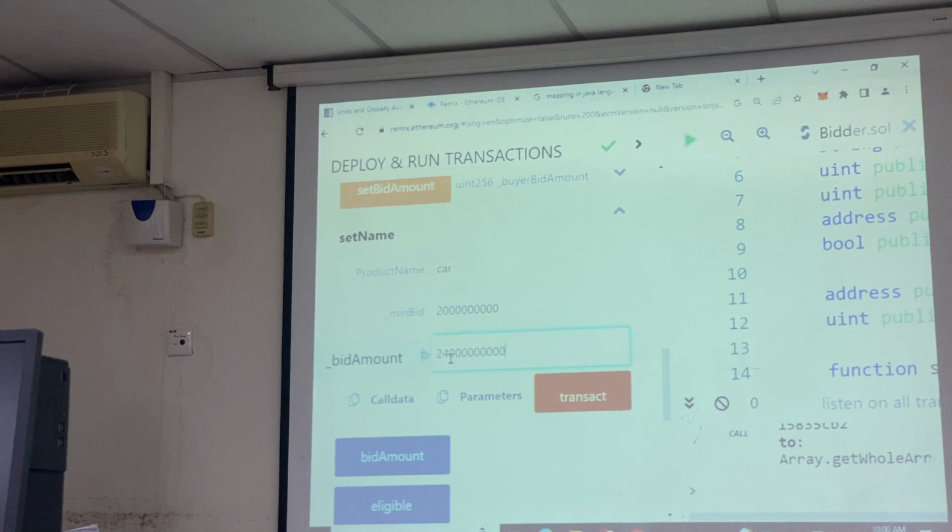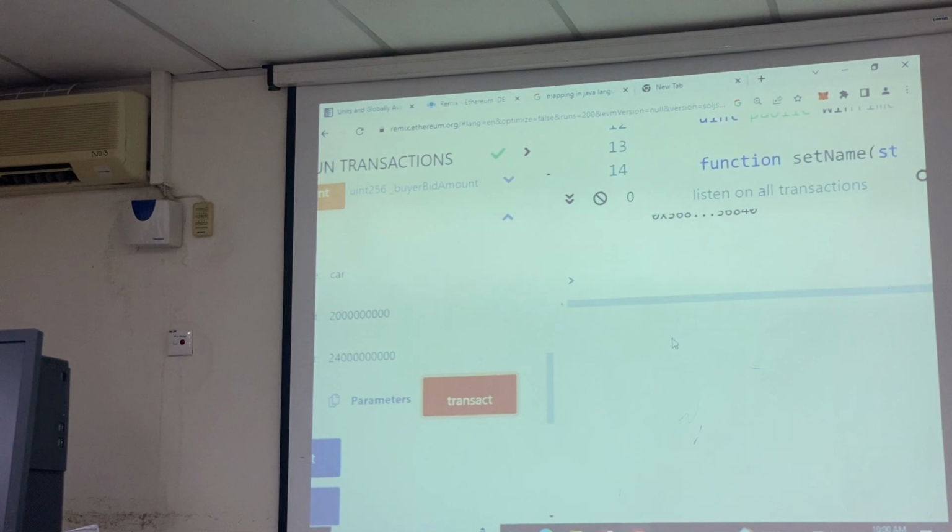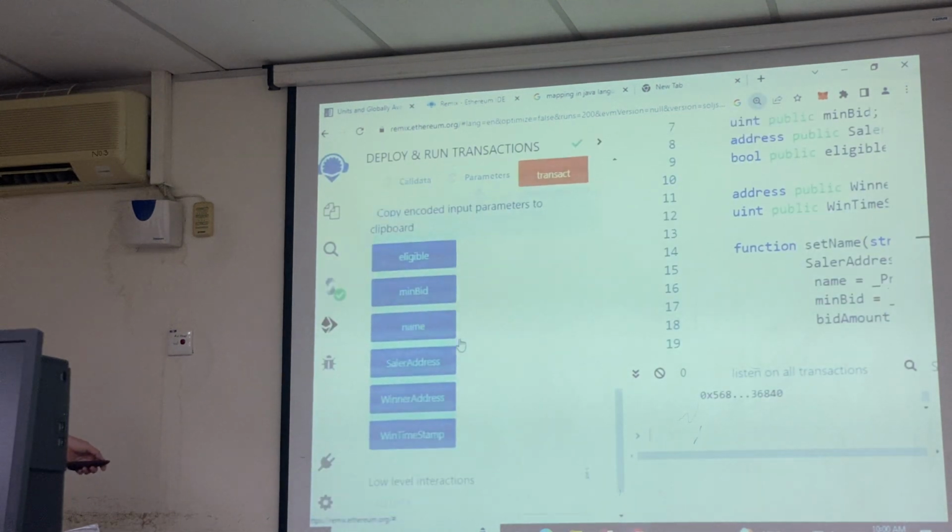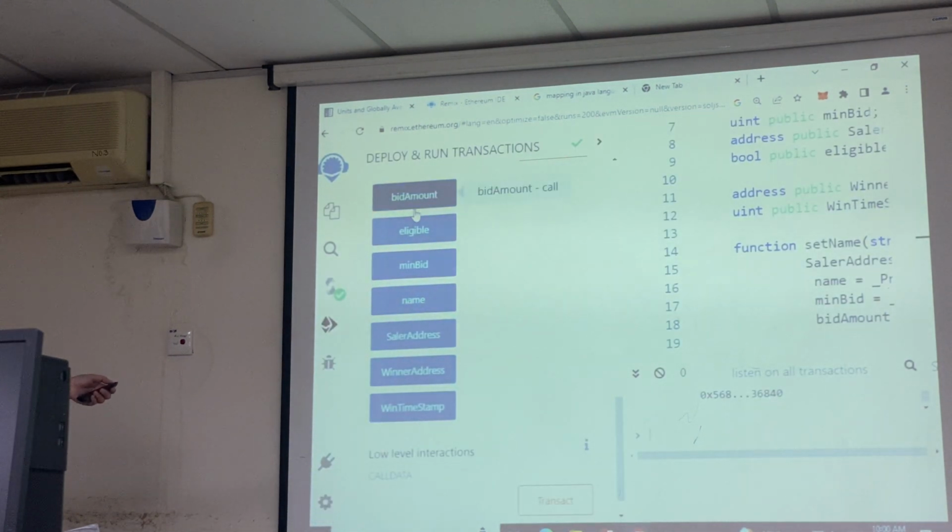Okay? So the transaction that you pass in, actually it has already executed over here. Okay, because I'm opening too big. So then you can see that the bid amount,